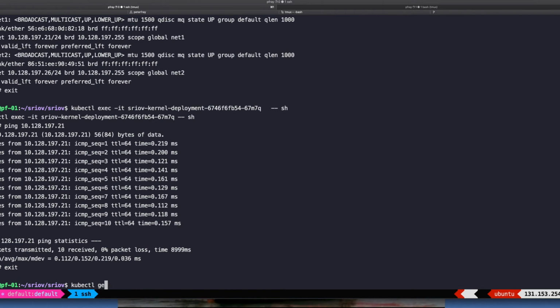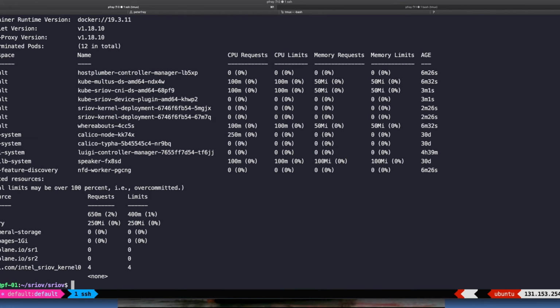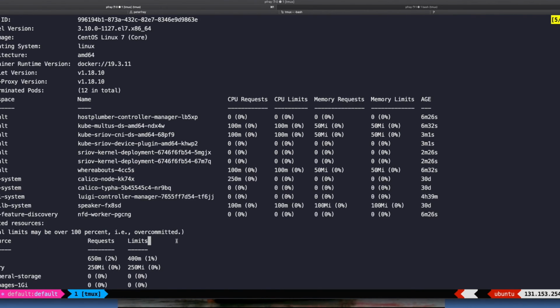Okay, so quickly I'll exit out of there, and then what I want to do is kubectl get nodes, so I can capture one of the names here, and then I'll do a kubectl describe node on one of my workers. What's kind of cool here is the first thing you can see is that I am now consuming four resources. We've requested, and we have limits of 4 of the SRIOV kernel 0, which is that SRIOV interface that we deployed. And then you'll see also here,